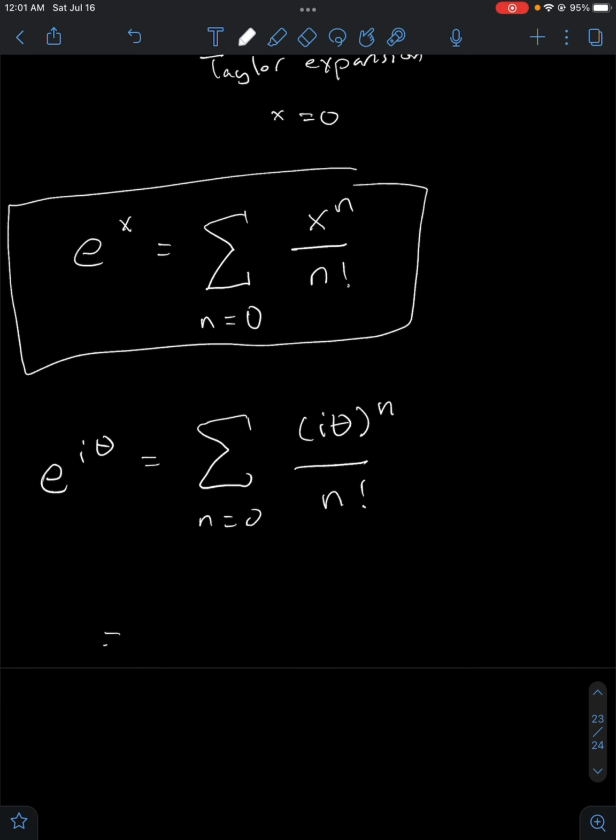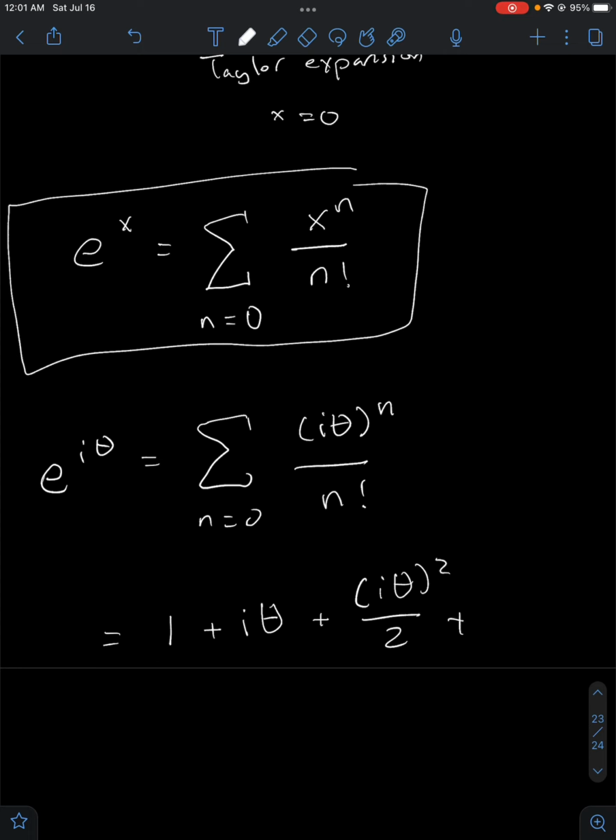And that's going to equal 1, since anything raised to the zeroth power is 1, and then 0 factorial is 1, plus i theta, since for n equals 1 you just have the same thing, and then plus i theta squared over 2,